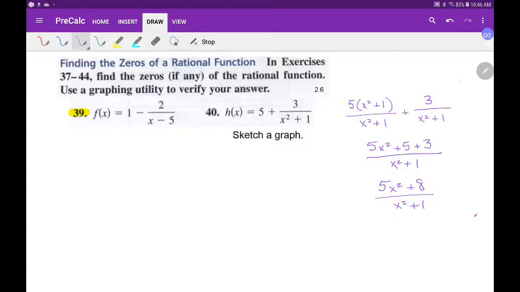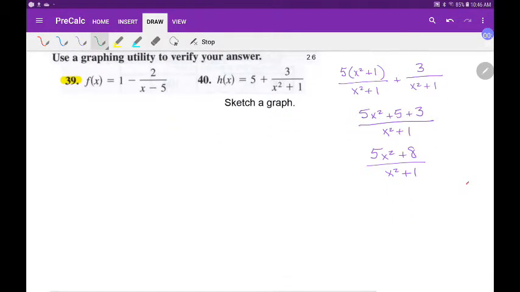And the thing that stands out to me as I look at this is that I can't factor the top to give myself any zeros. So this graph must not cross the x-axis. And I can't make the bottom 0 either, so there are no vertical asymptotes. However, if you notice,